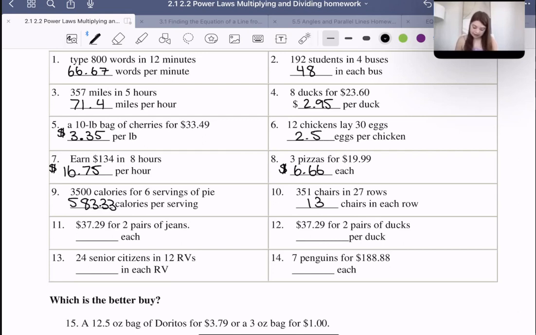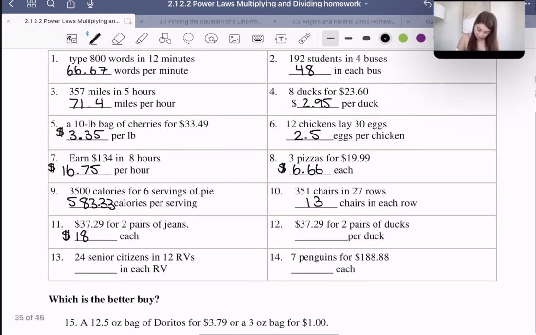Okay, $37.29 for 2 pairs of jeans. How much did each of the pairs cost? How much for just 1 pair of jeans? Well, we can divide that by 2, and we get $18.645, which I'm going to round to 65 cents because, again, we're rounding to